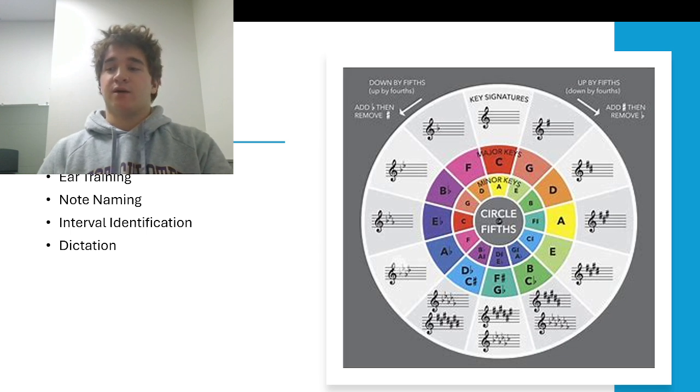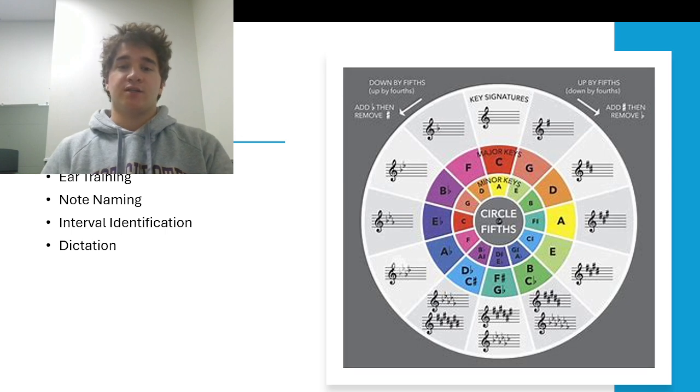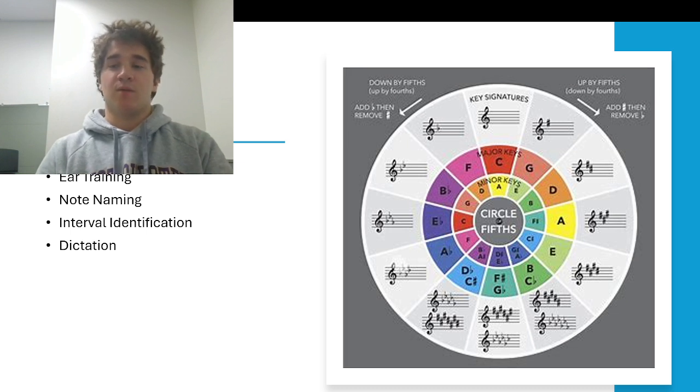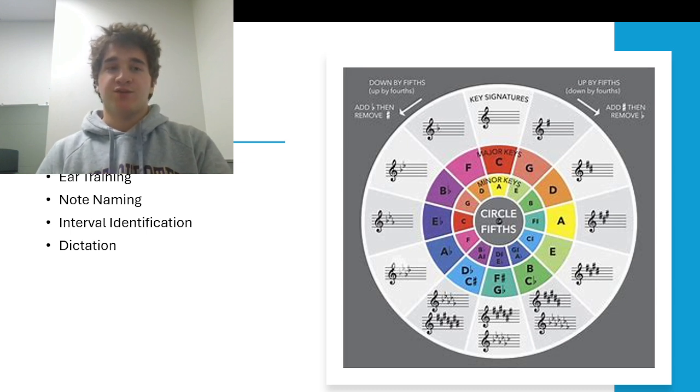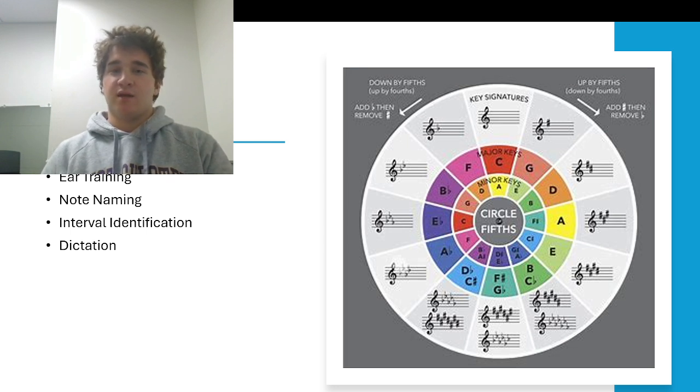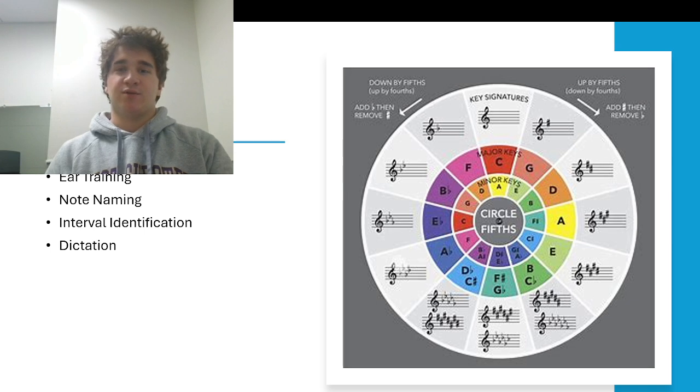It'll play melodic and harmonic dictations for you, so you play back the chord names or just the bass of the chord. It'll have you do note names, so it'll give you notes on a staff, and you name each note individually, and it'll go through different clefs. Like I believe it goes through treble, alto, tenor, bass, all the clefs that you want. It gives you